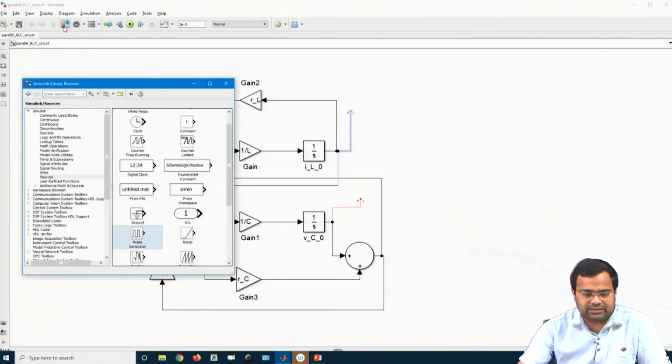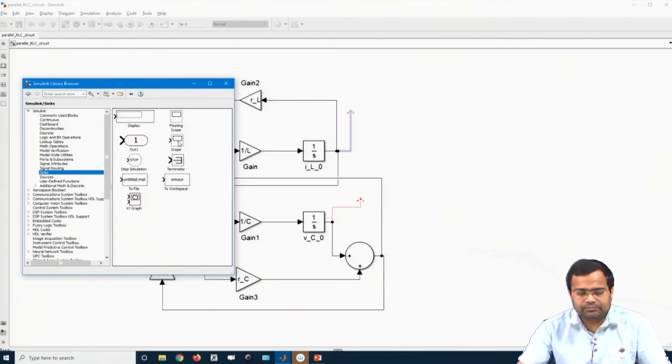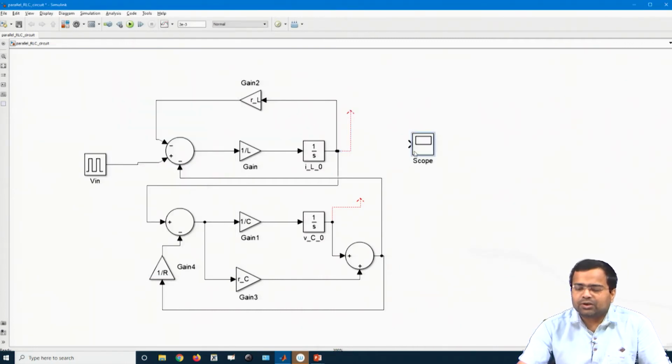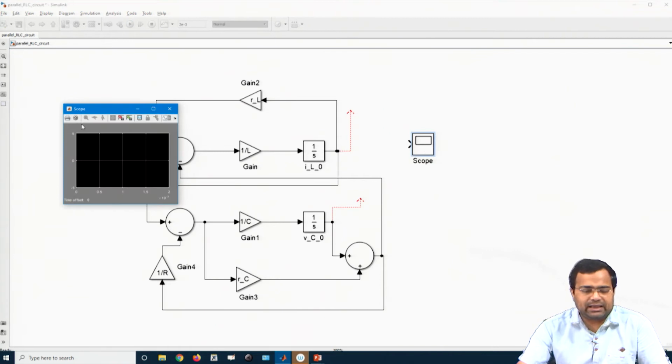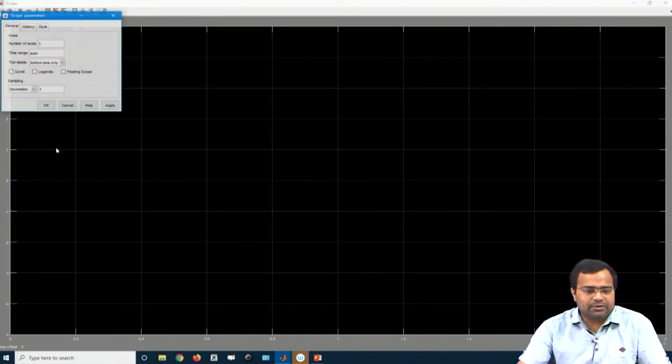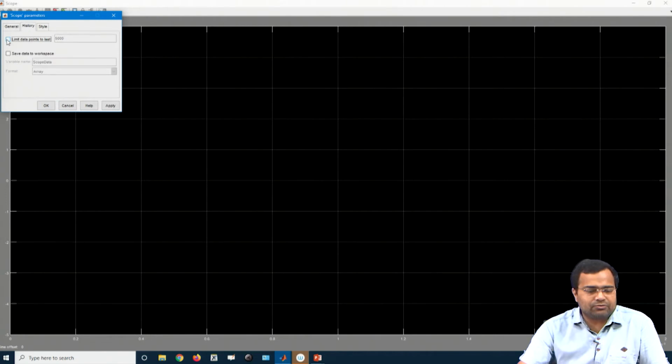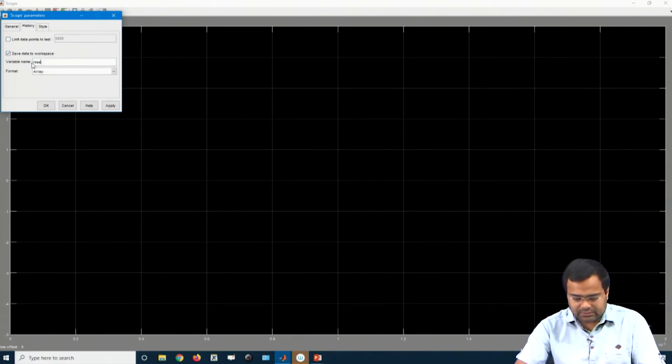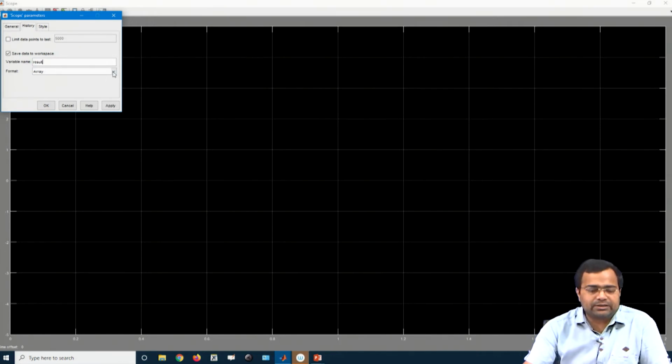Now, we need to check the signal, that means the sink. We need an oscilloscope. Here it is a scope. What do you want to display? Here again, as in the previous presentation I told, we can set the scope like a 3 channel, and we can set the history, we do not want it, and it should be structured with time.